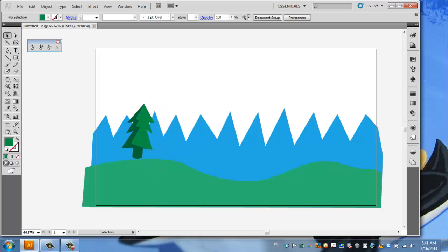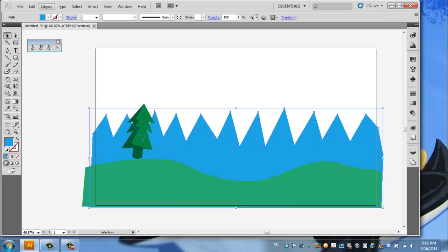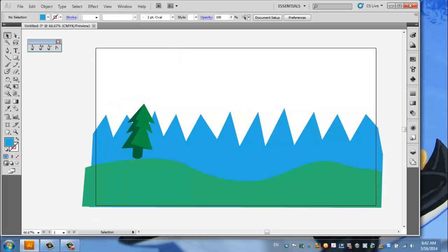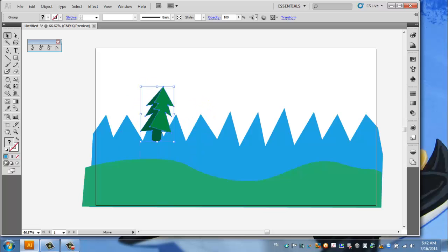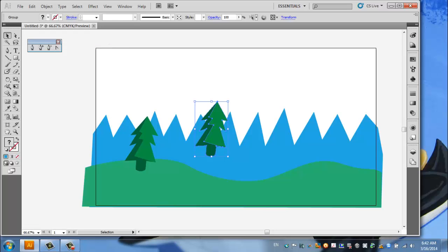If you're having trouble selecting them, like we kept clicking on this background and it's getting in the way, what we can do is click on this, Object, Lock Selection. Now I can't select that background, and if I marquee select, I'll just get this. Okay, and now that it's grouped, I can Edit, Copy, Edit, Paste, have another one,